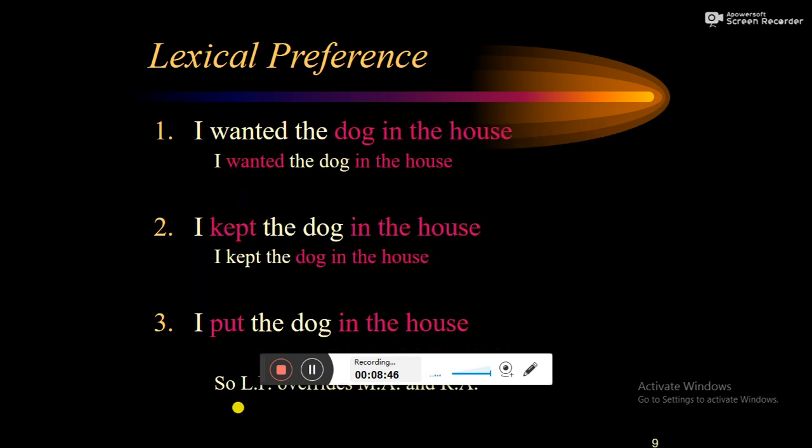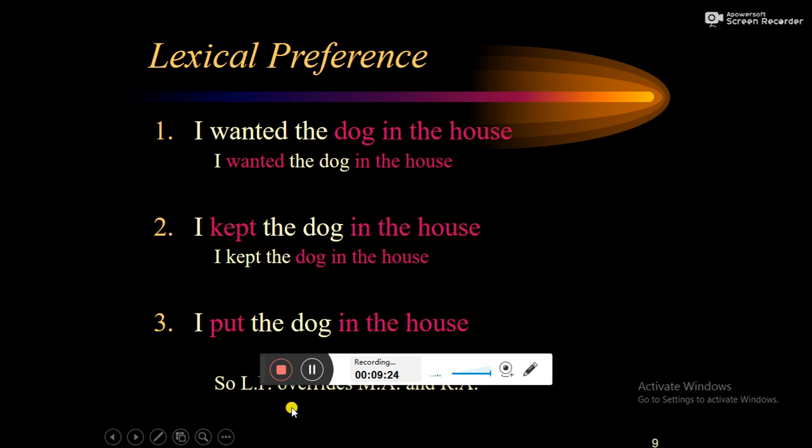So these are some examples which demonstrate that the lexical items, in this case the verb used, can influence parsing preferences. In many cases, the lexical preferences will override the preferences based on the general principles. So these are the principles derived from the way humans give preferences while resolving ambiguity. Based on that, obviously there should be some algorithmic model which incorporates all these principles.